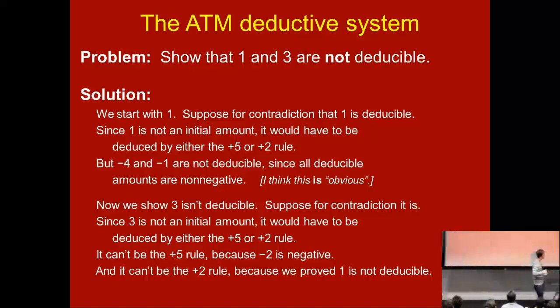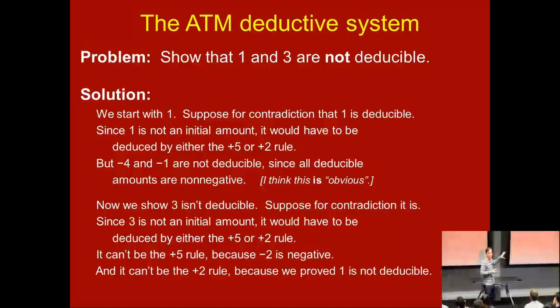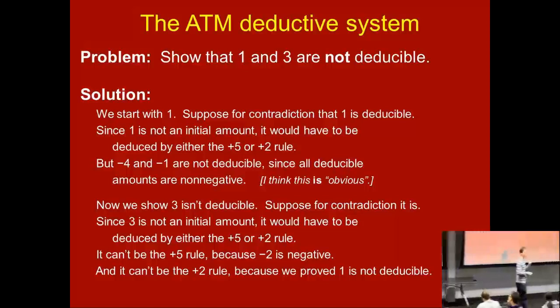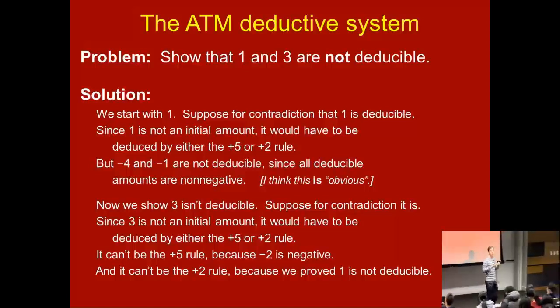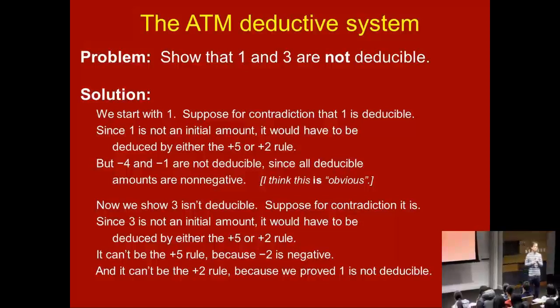But let me make this point, which is that this example is pretty easy. But in general, it can be quite tricky to show a certain object is not deducible, even if it's just one object, like 3. Because again, you have to show somehow infinitely many things. You have to show that in the case of 3, every possible deduction does not lead to 3. So let's spell it out, though. Actually, I'm not going to read this. You can maybe read it in the slides afterwards, but it's a different way than what was suggested.